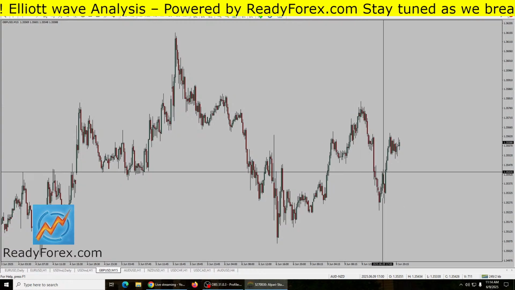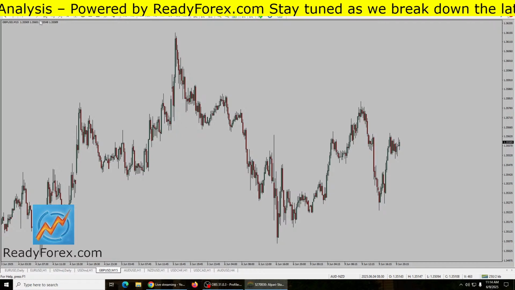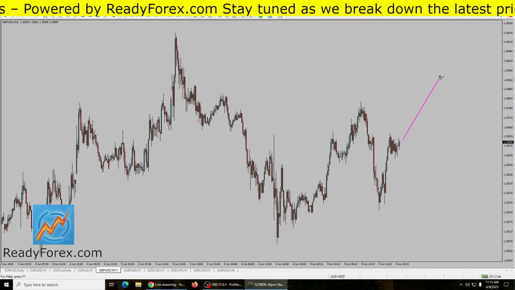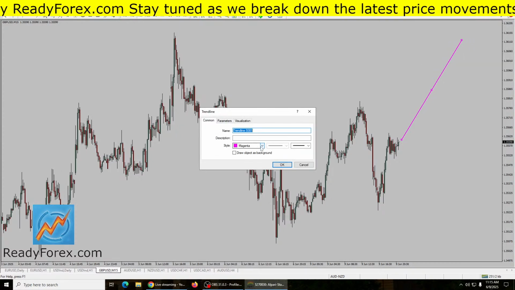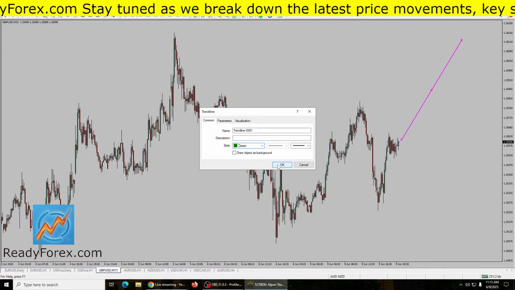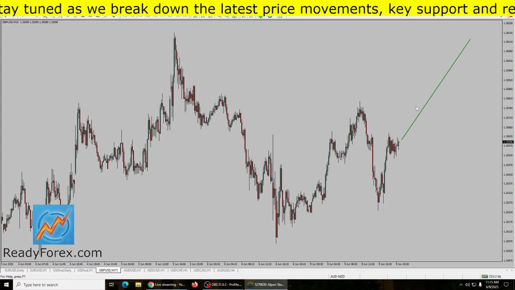Then a pullback, then expect another 1, 2, 4 and 5. In other words, in simple words, I'm saying that I expect bullish price action overall inside GBPUSD currency pair. I hope it's clear,